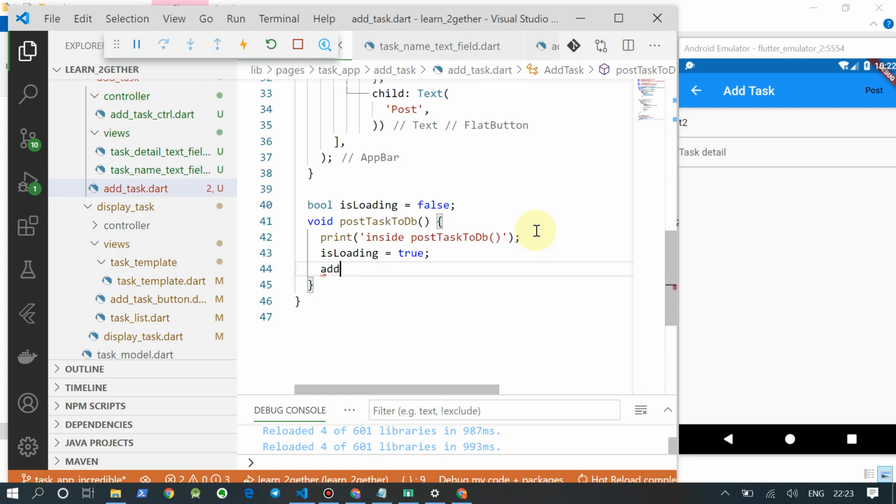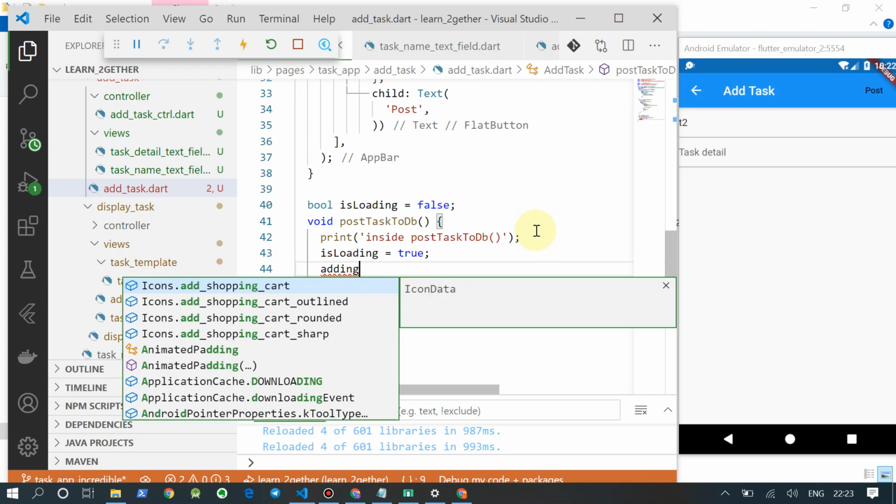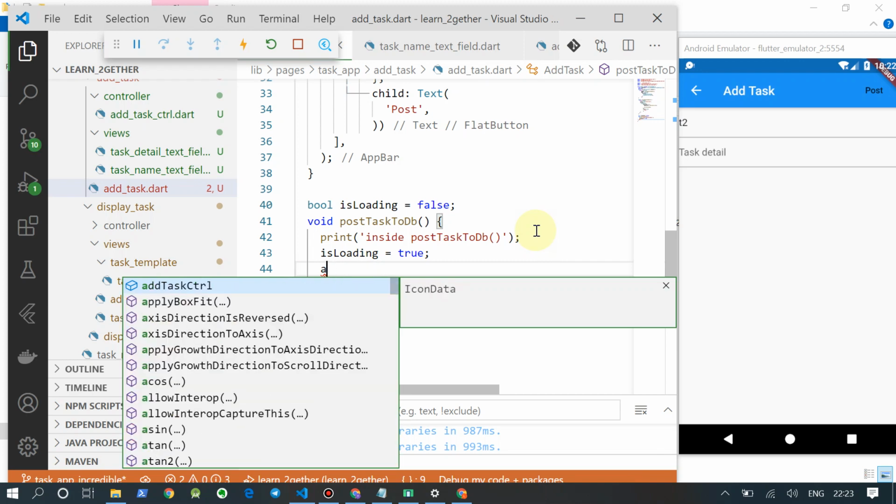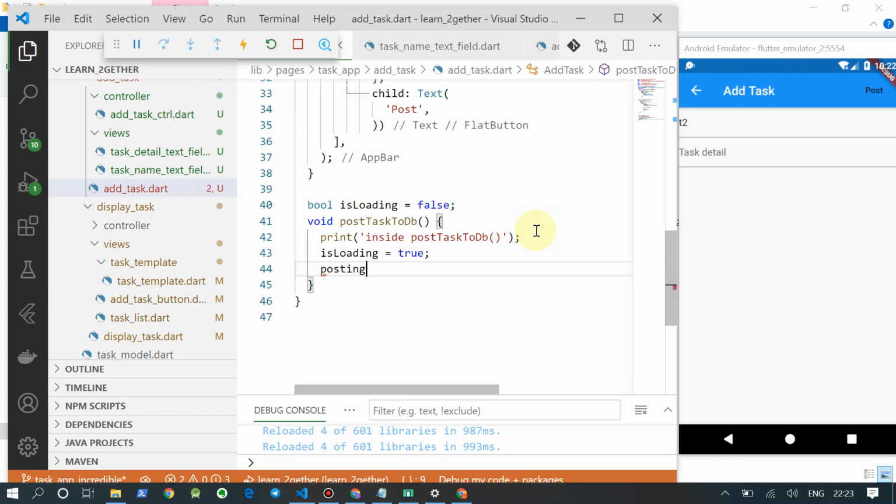Then posting task to DB. When we actually integrate the database, just this method will be changed. Otherwise, all the code for the progress bar and all the variables will be the same.